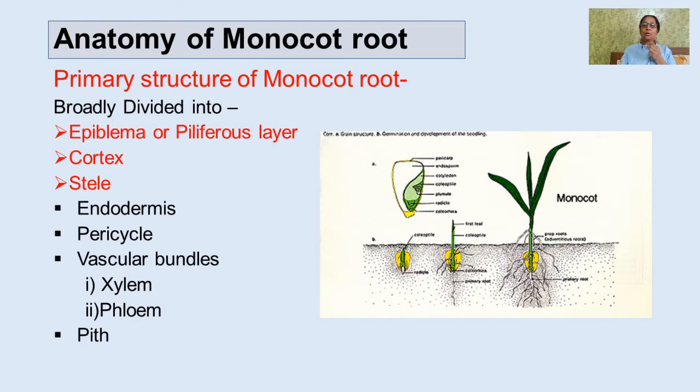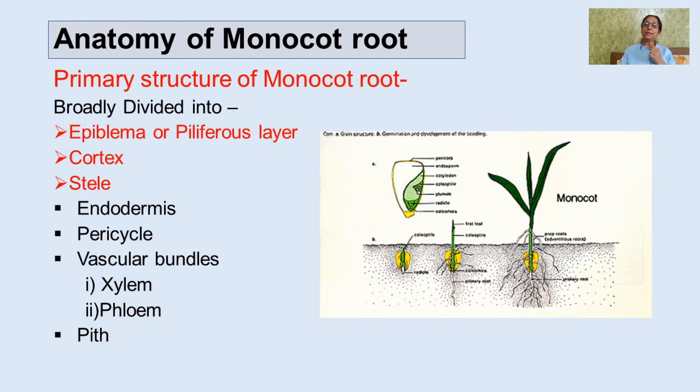In case of the monocot plants, the root system is typically adventitious, or we can also call it a fibrous type of root system. When we study the anatomical structure, it is nothing but the study of internal structure. To study the internal structure, you have to cut that particular organ into sections in various planes. When we cut the root of the monocot in a transverse section, the outline of the monocot root is circular, and it is broadly divided into three parts.